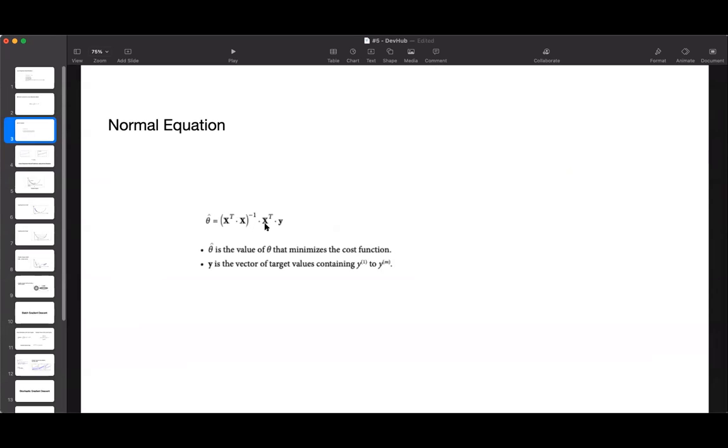And again, we do some dot product with its transpose, and we do some dot product with the vector of the y values. So here you can see that it is an n into n matrix, where n is the number of features. So this X transpose dot X is actually an n into n matrix, where n is the number of features.